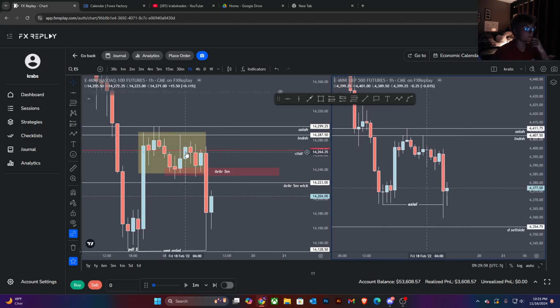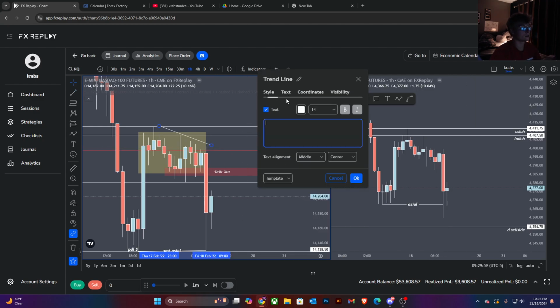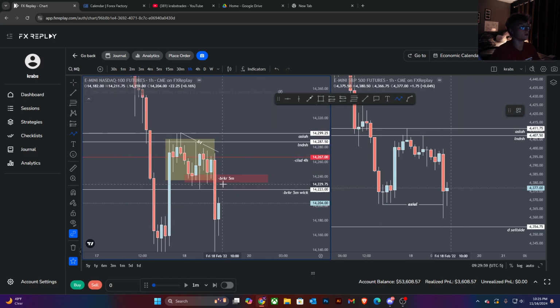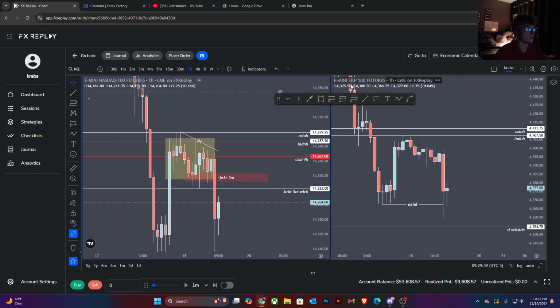Not really any SMT here, which is kind of rough. I mean, if we can sweep out all this at open and then get shorts, that would be nice if it was like a big wick here. But I want to see this breaker hold. I don't like this LR shorting with this above, so ideally I want to sweep of that too. Sweep Asia and London too would be nice for shorts.